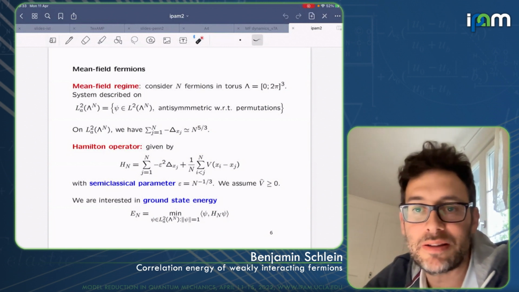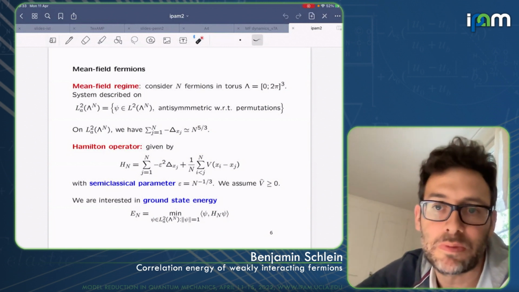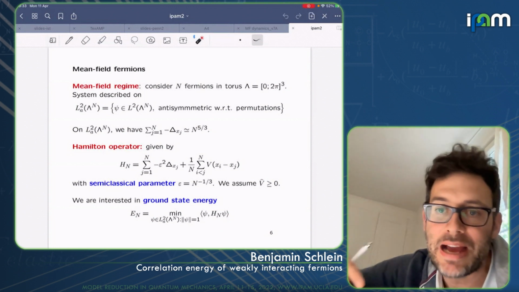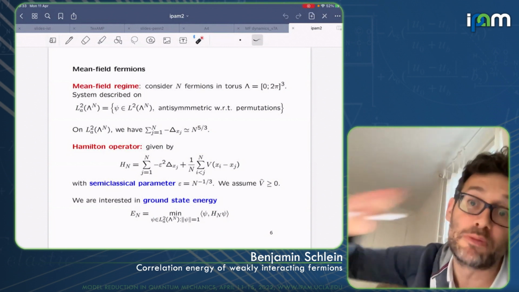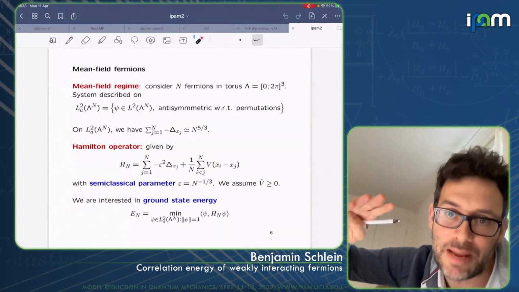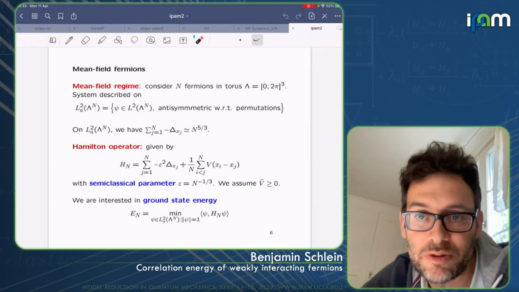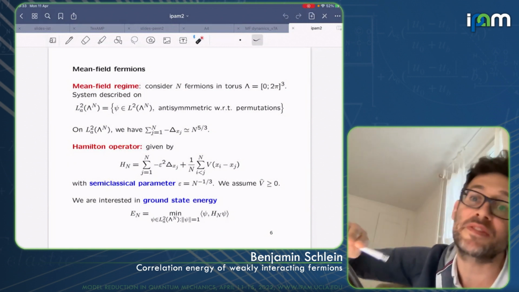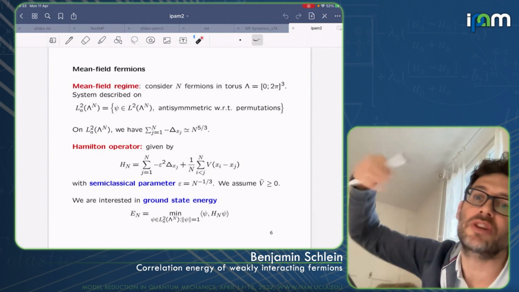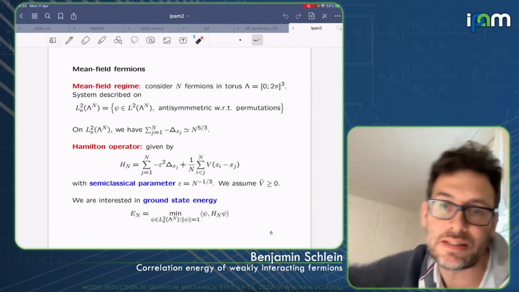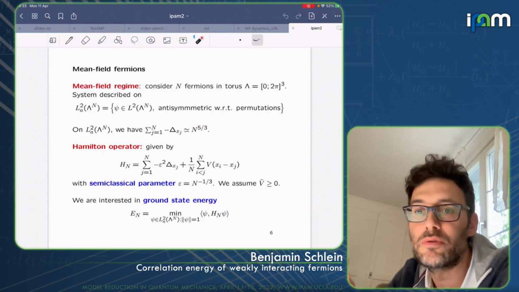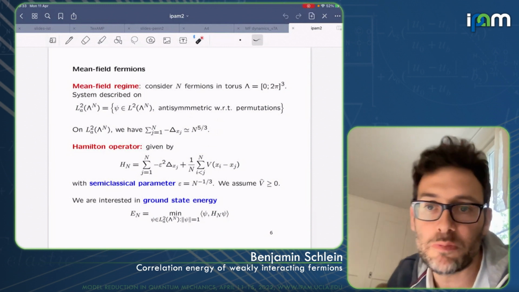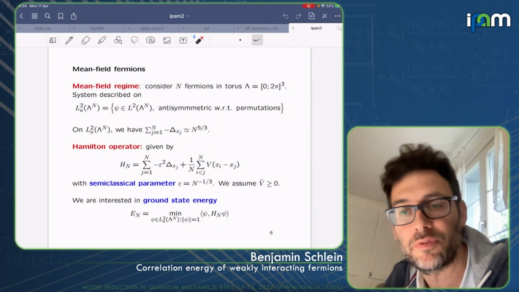You see, if you have a bosonic system, how do you choose a state with a small energy? Well, you take the smallest eigenvalue of the Laplacian, which in the previous case was just 0, and you put all particles in that same state. Of course, you cannot do it for fermions because you have to impose antisymmetry. So you put the first particle in the smallest energy, but the second one already has a little bit higher energy, and so on and so on. So you have to build up what is called a Fermi sea. And if you do it and you have n particles, it turns out that the kinetic energy is typically going to be of the order n to the 5/3 instead of order n.